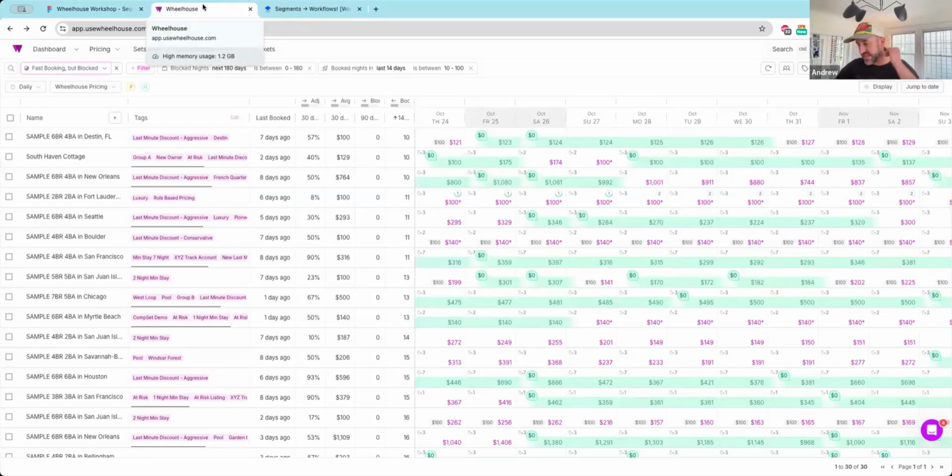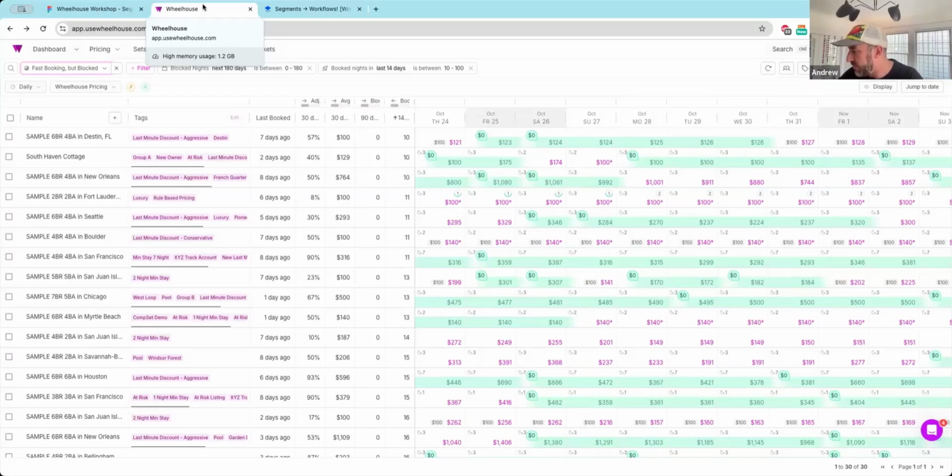Again, when we think about segments, first we think about, at the initial level, can we speed you up on Wheelhouse by creating better groups for you, more dynamic views? When you bring metrics in, can we make those groups always up to date? So can you have a group tied to a metric where if you want to say, hey, show me what hasn't booked in the last 7 days, you always have that available, or just what was hitting its minimum price, whereas Wheelhouse is telling me to drop rates and is hitting my minimum price. That is more like a dynamic group, right? There are static groups and more dynamic groups.